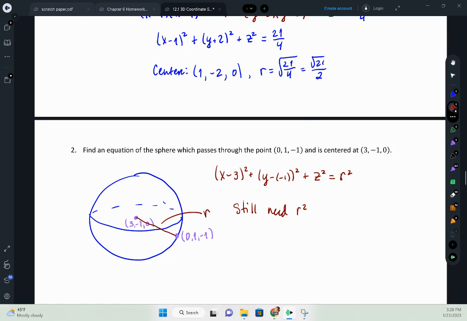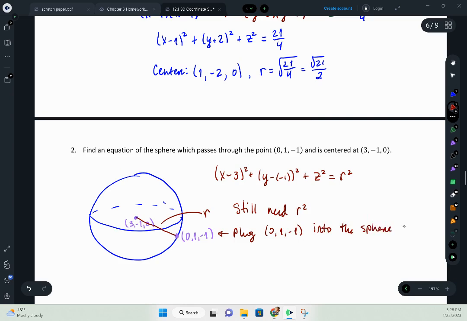Here's another way, and I saw a lot of people in class kind of intuitively using this way, so I'm going to use it too. They were just taking the point on the edge and plugging it into the equation of the sphere, and that gives you r squared. So let's try that. We're going to plug 0, 1, -1 into the sphere equation to find r,